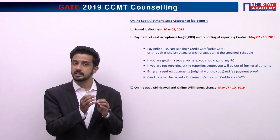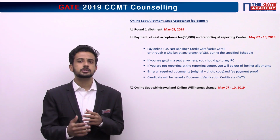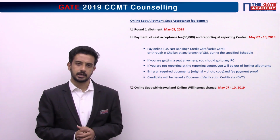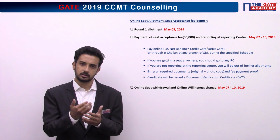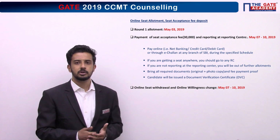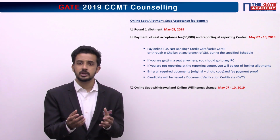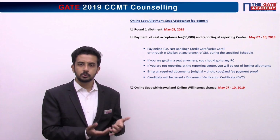So if anything happens in online transactions, don't try to do it again and again. Go to a nearby SBI branch and take an e-challan. This online payment you can do through all the good banks as well, but this e-challan you have to get from SBI only. Once you have given this seat acceptance fee, along with the proof, you have to